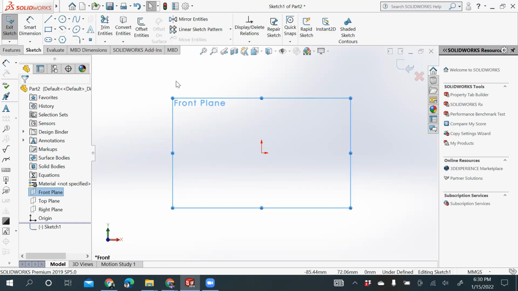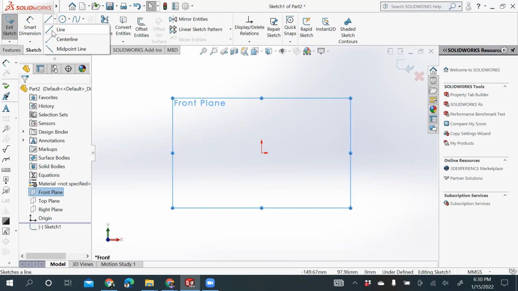To start our sketch, we have this sketching toolbar here. There are line tools, circle tools, spline tools, rectangle tools, arc tools, ellipse tools. Now you might wonder what this right hand drop down menu shows. This drop down menu takes you to further tools associated with that particular tool.